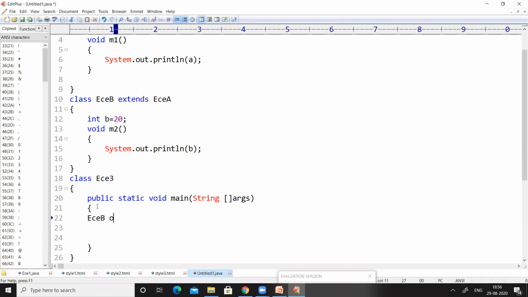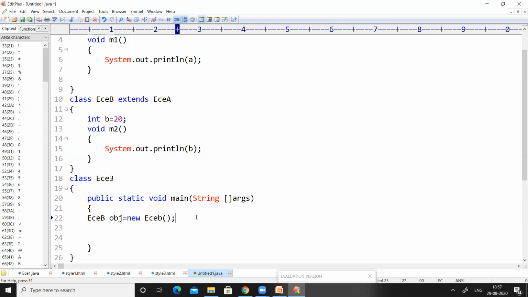My object name is obj equal to new ECEB. This is the syntax of creating an object in Java: class name, space, object name equal to new class name. Here we want to create an object for ECEB, that is the name of the class, and the name of the object is obj. We have to use the new keyword while creating an object, and we have to use the class name here.